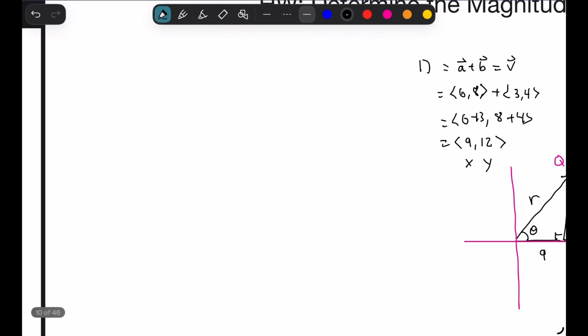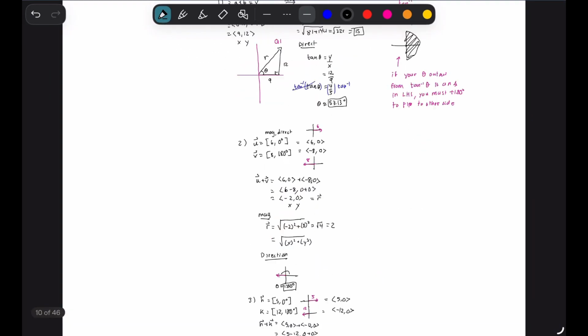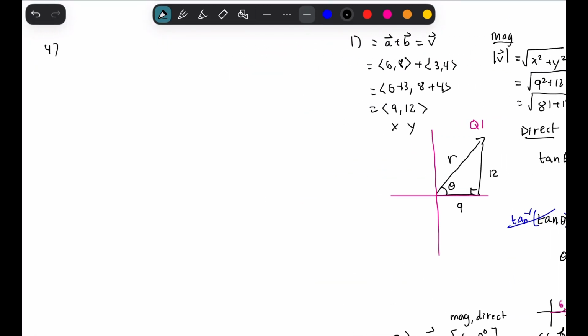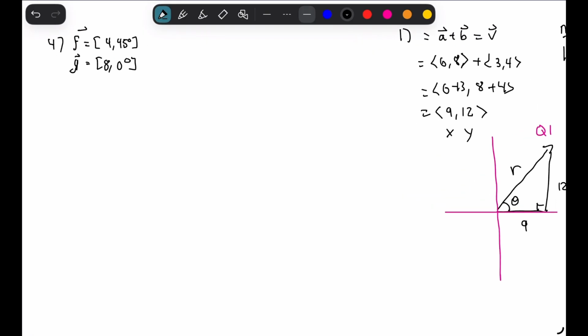So let's do another example. This is question 4. Let's say we have two vectors where we have f, 4, and then 45 degrees. And then we have g, which is going to be 8, 0 degrees, and we want to find the magnitude and direction. So what we're going to have to do here is, since we have 45 degrees, we need to know that